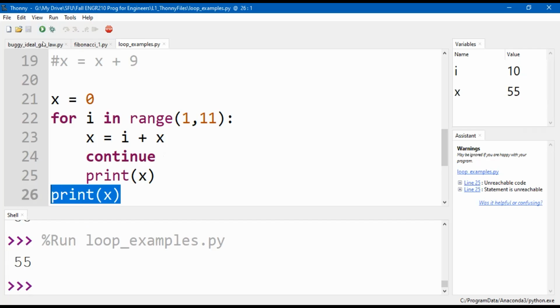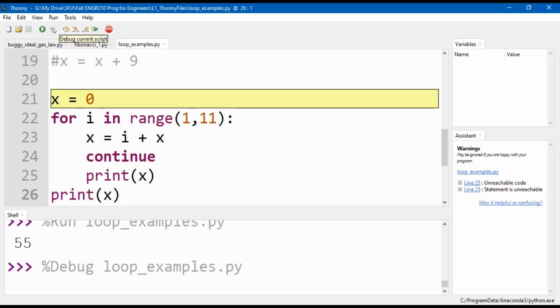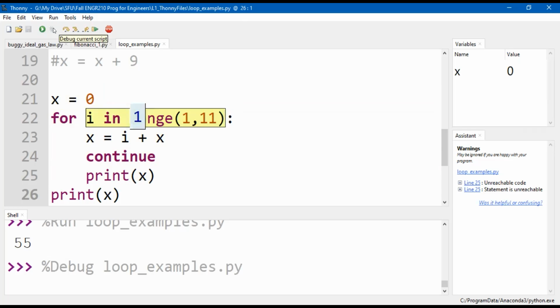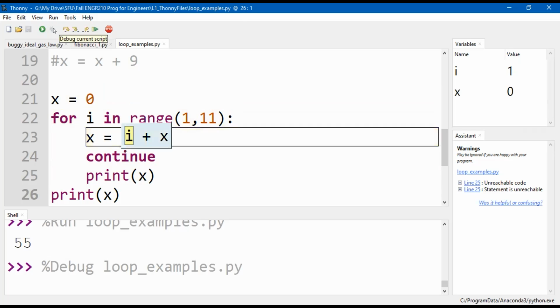Okay, so let's go through this line by line with this guy. All right, so I'm in my loop, first time through. Okay, X is 1, I is 0. Add those together, store them as X. The next line is going to be the line with the continue command in it.